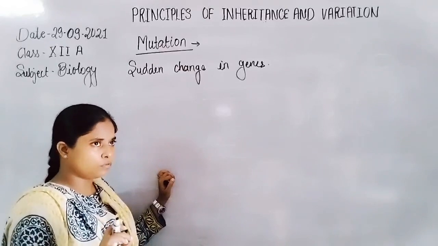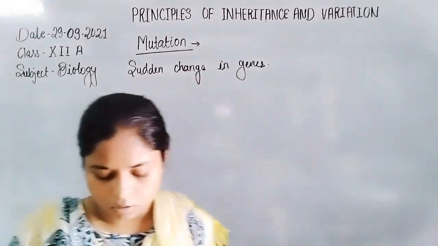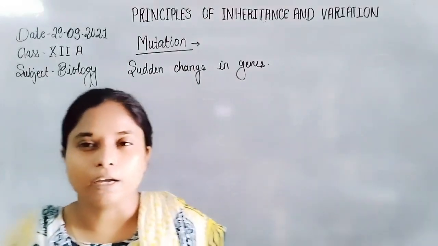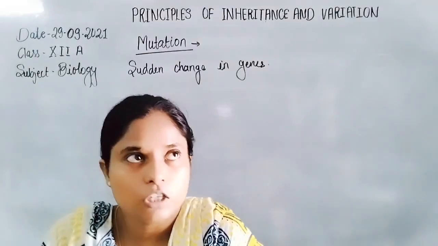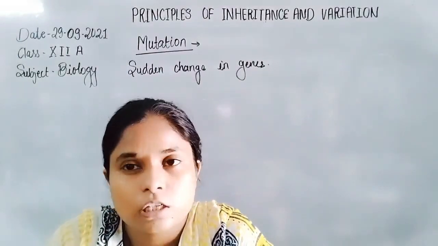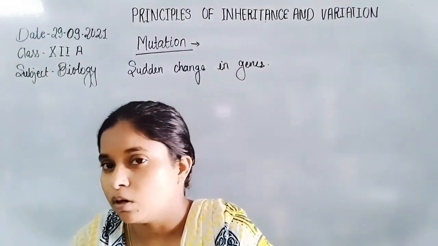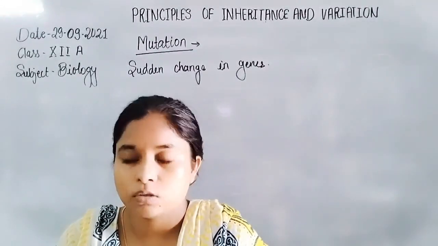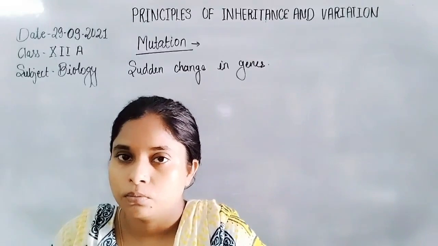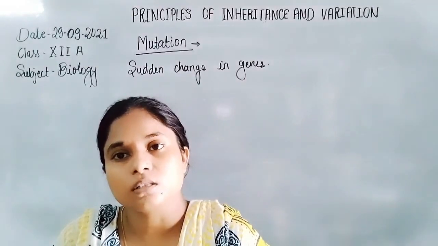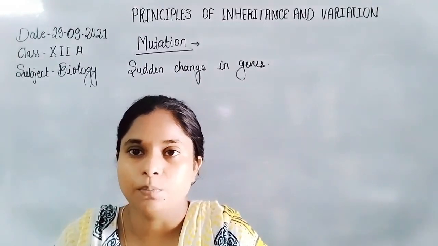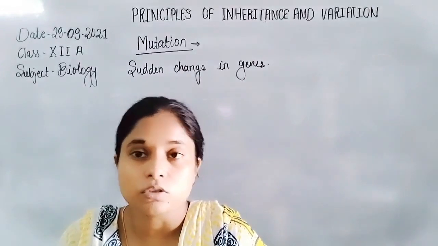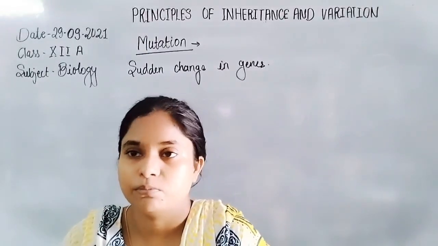On the basis of the cause of mutation, mutation can be of different types. If the mutation takes place at a single point, that is, it is restricted to a single point only, so that generally all the genes are not affected by the mutation. Such a type of mutation is known as point mutation.